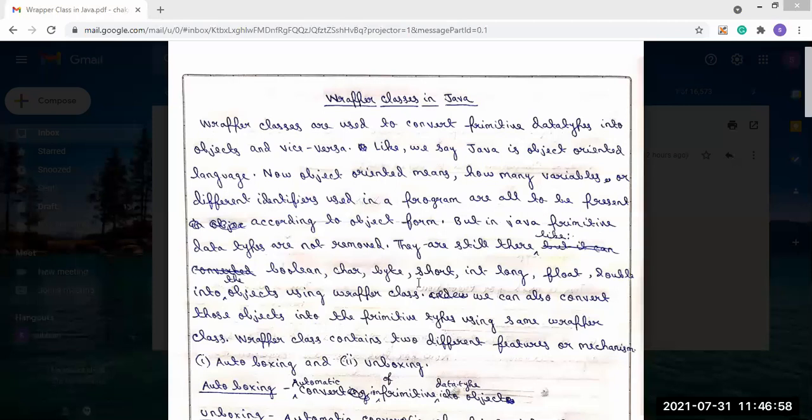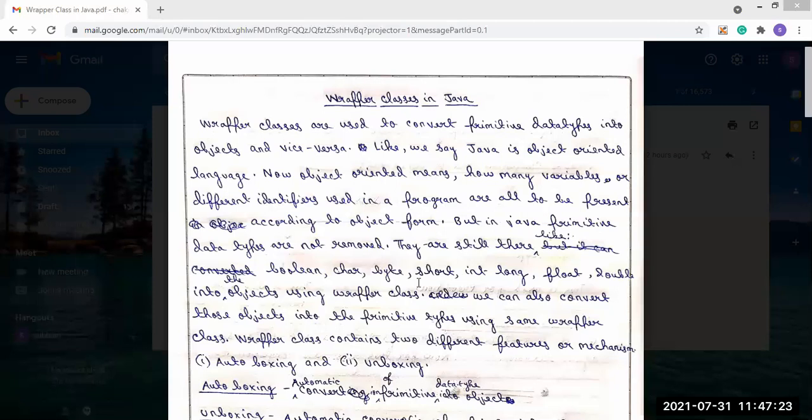Autoboxing is the automatic conversion of a primitive data type into an object. That means the primitive data type is converted into an object.